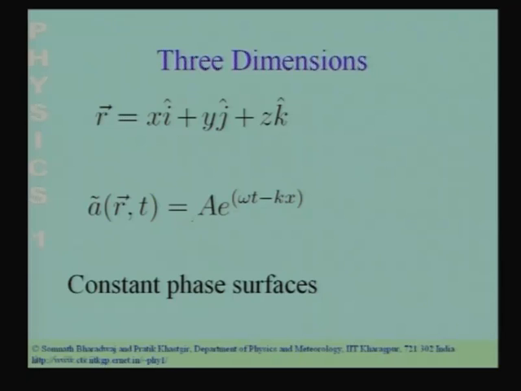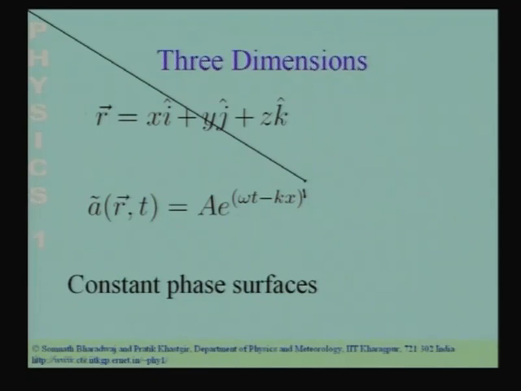What we had been studying until now had an amplitude here, and we have e to the power, there should be an i here. So, there is an i which is missing here, you can put it in here. So, we have e to the power i(omega t minus kx). This is the wave that we had been studying. It only depends on x, it does not depend on y and z, and we are going to interpret this in a 3 dimensional context.